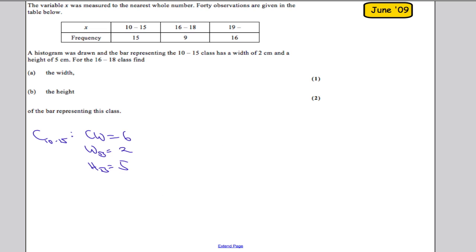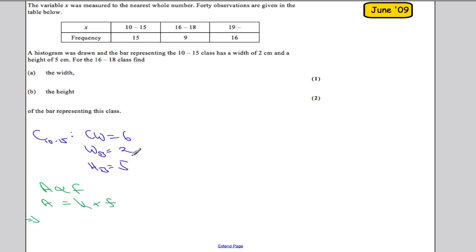And like before, we're going to work out the constant k for this particular histogram, because we know that the area is proportional to its frequency. So the area of a bar is proportional to its frequency. That means the area of a bar equals some constant multiplied by the frequency,